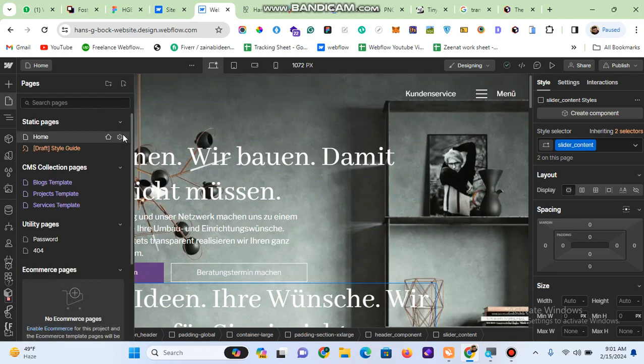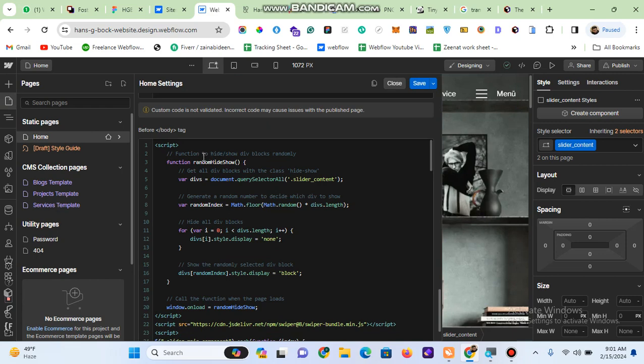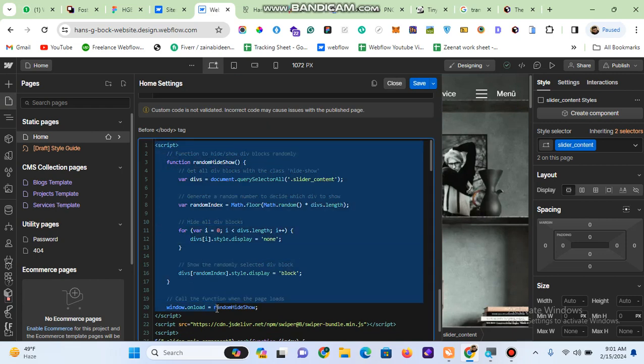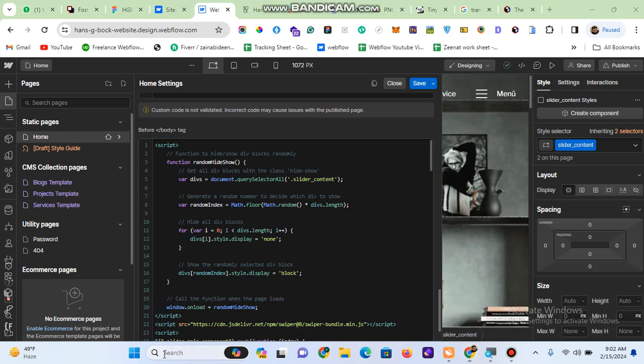So let's move to the custom code, and here it is. Basically this is the few lines of code. Here is window load. I have a random hide show function, and what is actually going on in this random hide function is that